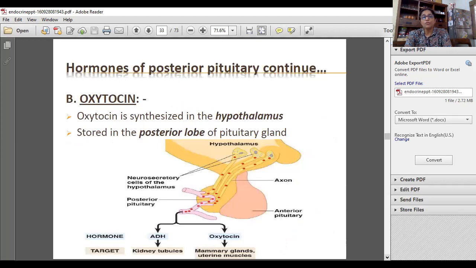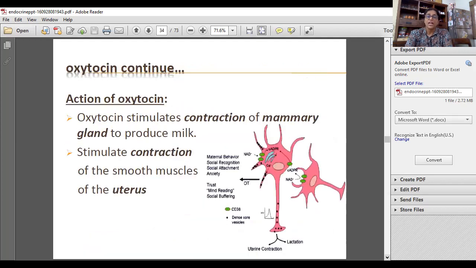The last hormone of the posterior pituitary is oxytocin. Again, it is synthesized in the hypothalamus, secreted by the posterior pituitary. It is a magic hormone. It is the hormone which allows the mother to contract her uterus and deliver her child. It acts only on a few moments of life, because a lady would deliver a child maybe once or twice, maximum up to 3 or 4 times.